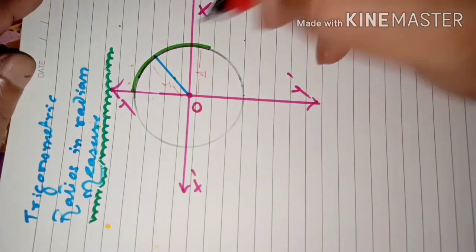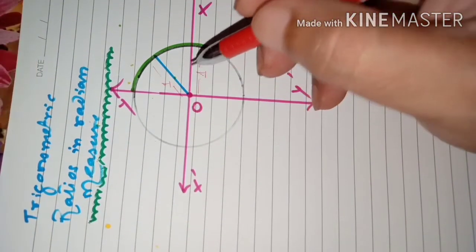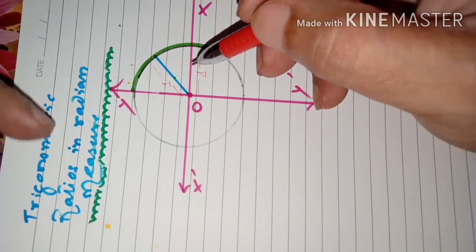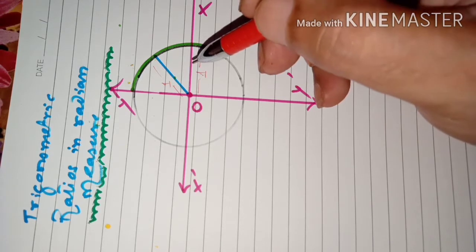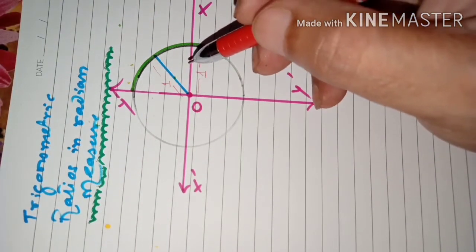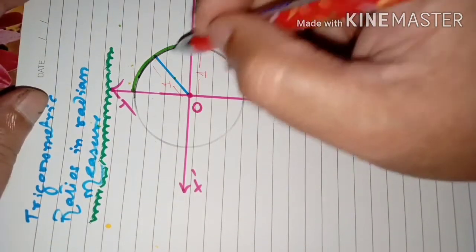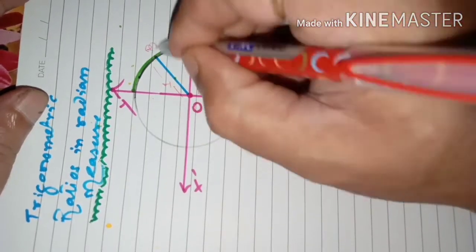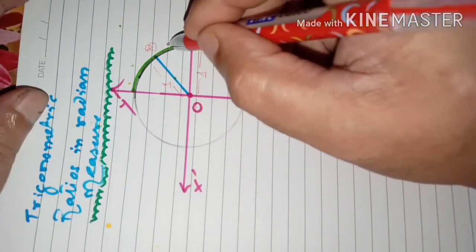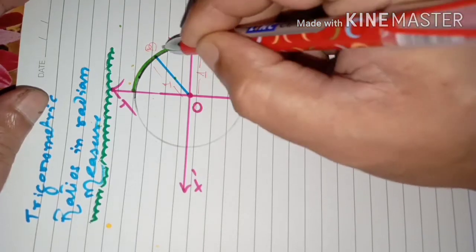Here we are going to write using this circle, because when you talk about trigonometric ratios in radian measure, we understand that the radius of a circle is involved in that. So that means a circle is necessary. Now using this circle we will write the trigonometric ratios. From this point A to this point B, suppose the length of this arc is x unit. What is the length of this arc? X unit from here to here.